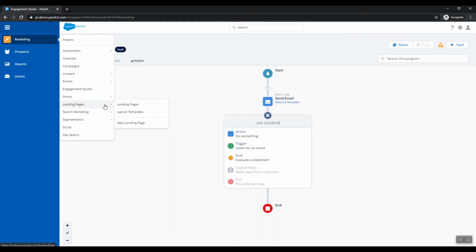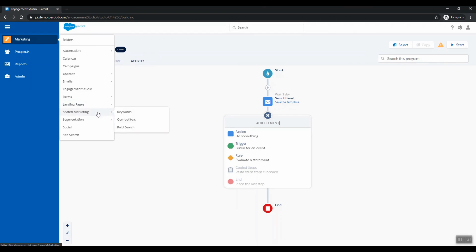Then there's a landing page. Again, this can be synced with the automation. So once the form is submitted, send this email, or once this part is selected, we can add them into prospect. So this can be set into the automation.